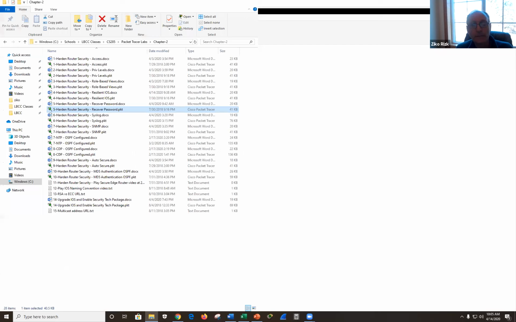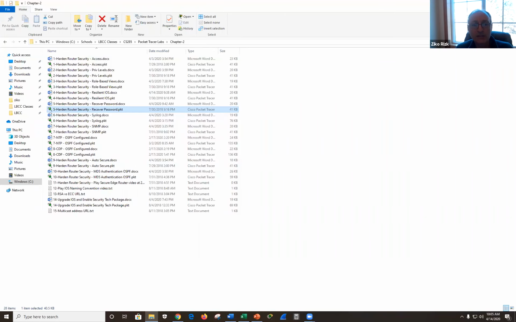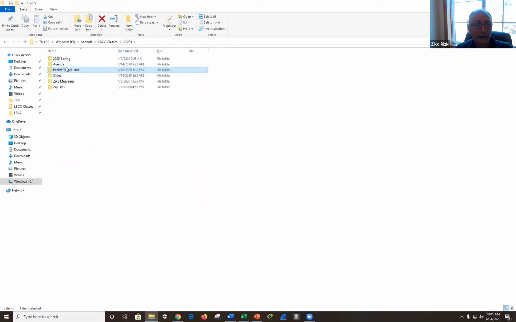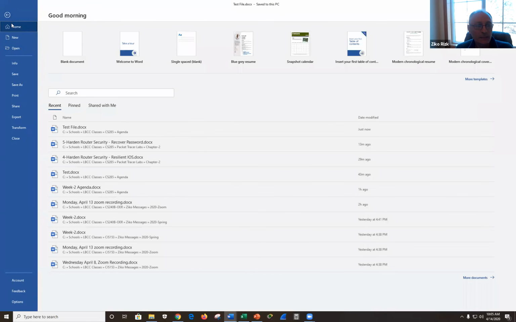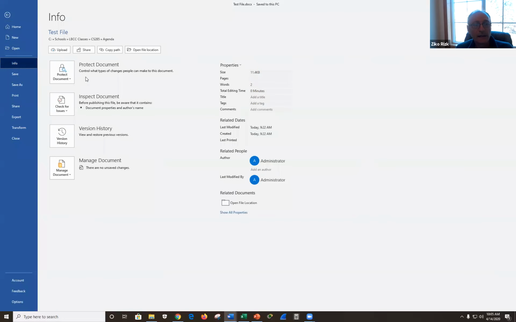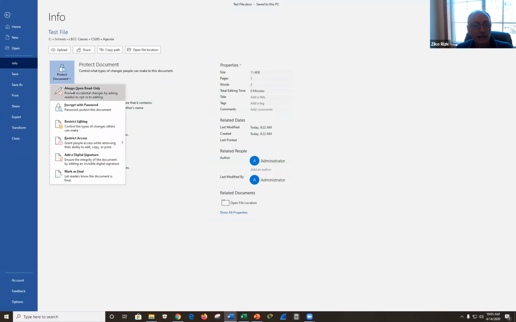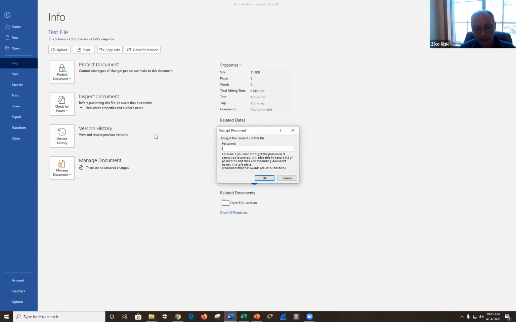So, and you use it all the time. You password protect a file, and next time you want to use the file, it's going to ask you for the password, and you type in the password and everything is fine. So I created this test file. It's not protected by a password right now, and I'm going to use a symmetric key. Okay, protect document and encrypt with password. And I'm going to go ahead and use a password CS285, which is a terrible password because it's very short. And last week we saw how long it takes to crack a short password. But for what we're doing, it's good enough.